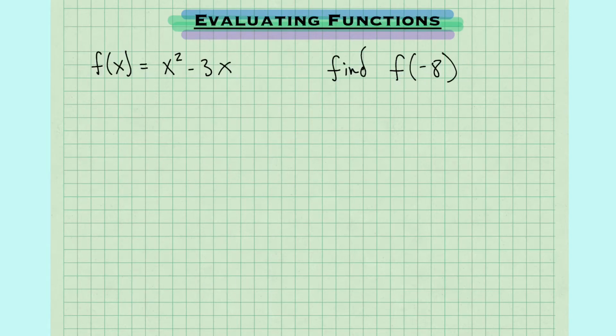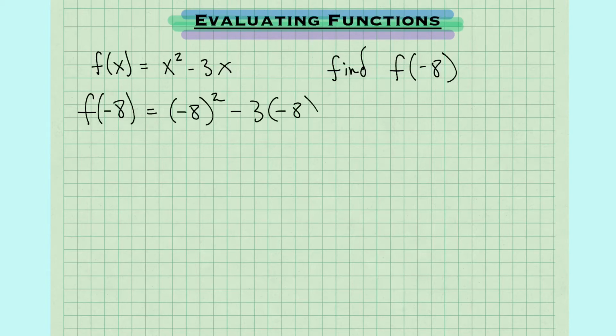All right, f of x equals x squared minus 3x. Find f of negative 8. So wherever there's an x, we're going to replace it with negative 8. So we're going to say f of negative 8 equals, here we're going to say (negative 8) squared minus 3